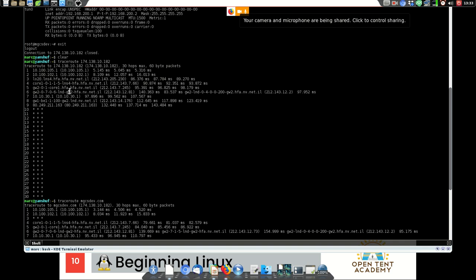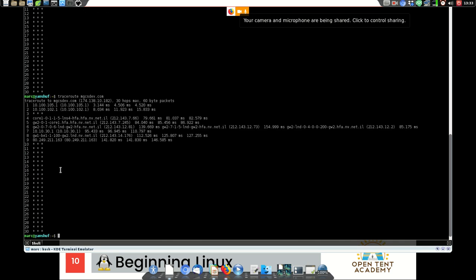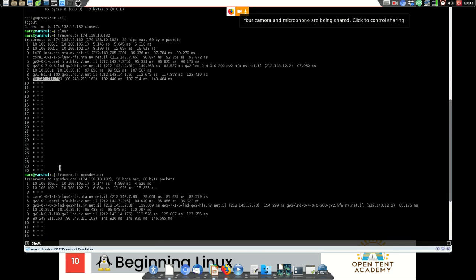This is the gateway server that it goes to, and you'll see that the gateway server is actually 10.10.31. That's an internal IP address, a private IP address, interestingly enough. Then it goes to the gateway, and then it goes to this computer, which doesn't identify itself, 80.249.260. I have no idea what this is. And then it makes 30 more hops to computers that have chosen not to identify themselves. Okay, that's boring.